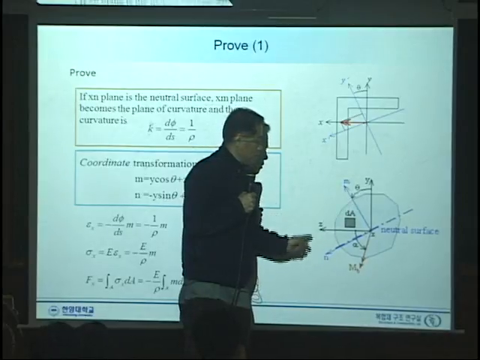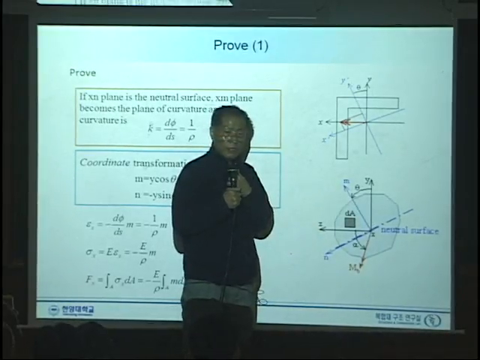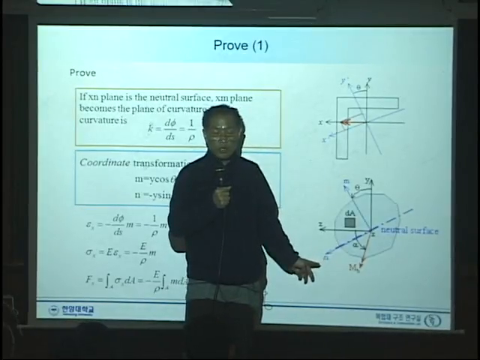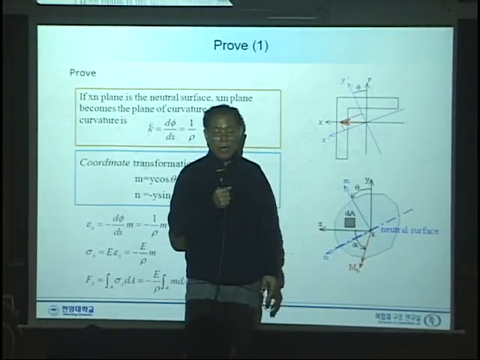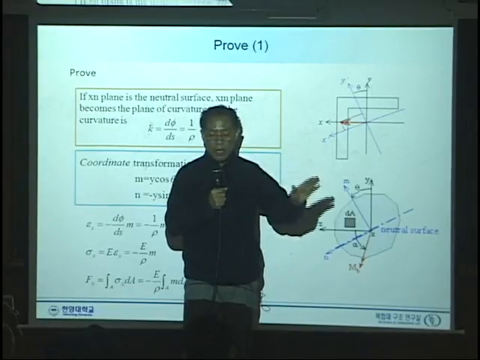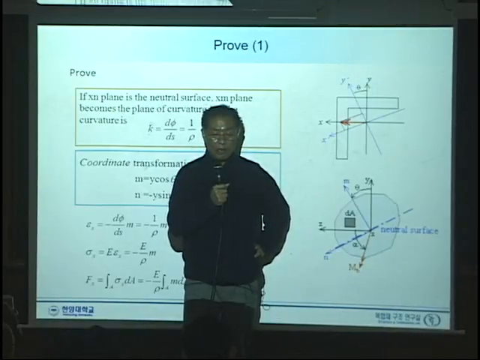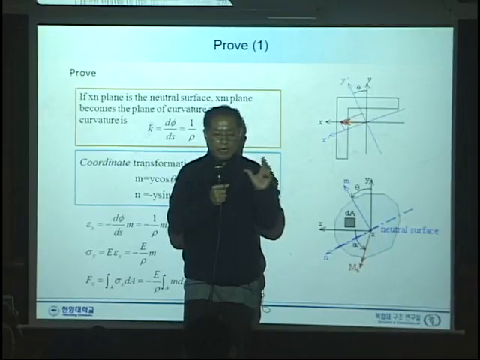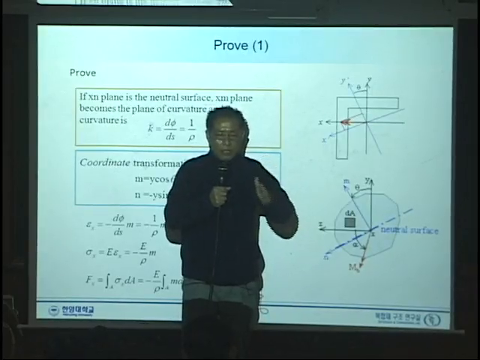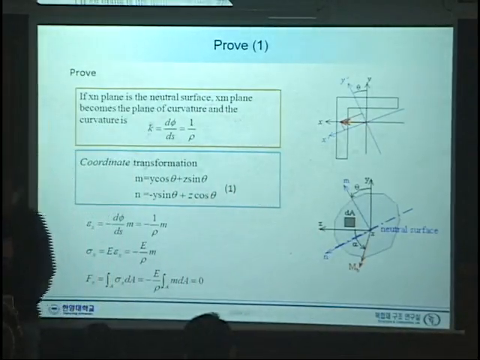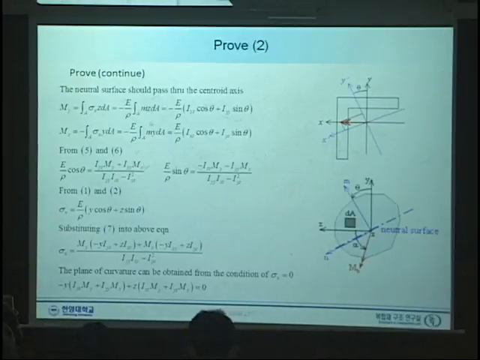Here, we do not know yet what is the theta. We have the y and z axis, but we don't know yet what is the m and n. We just assume there is the m and n axis, where we define curvature and where we define x directional strain, because x directional strain is nothing but geometric definition. Okay, so what would be the next step? Next step is simply